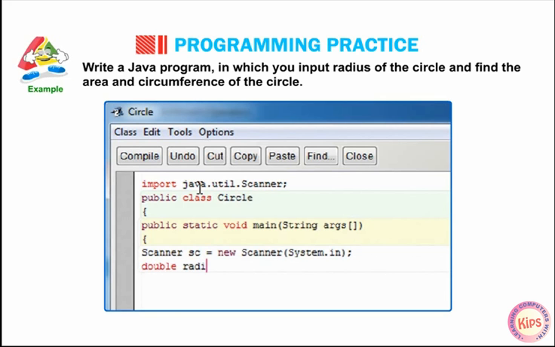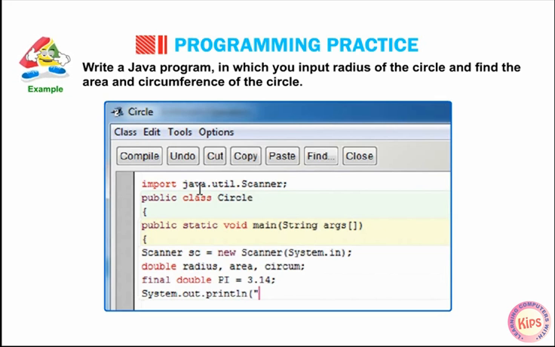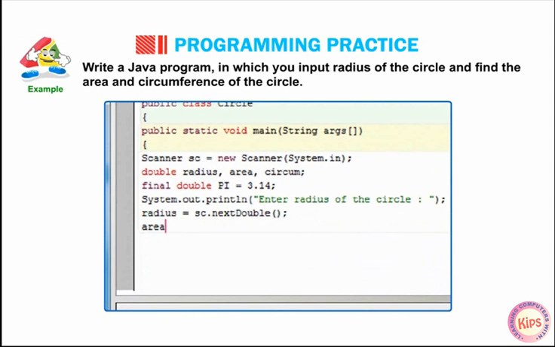double radius, area, circumference; final double pi = 3.14; System.out.println("Enter radius of the circle:"); radius = sc.nextDouble(); area = pi * radius * radius; circumference = 2 * pi * radius;